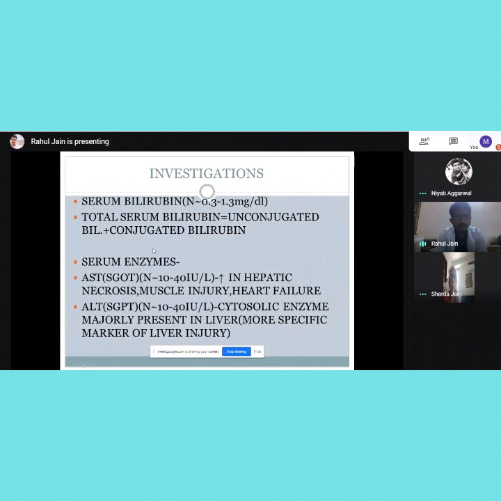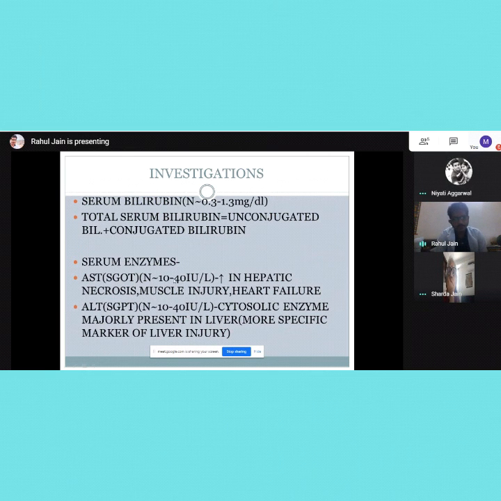So whenever we see a rise in specifically unconjugated bilirubin, it should give us a hint that it is hemolytic jaundice, and whenever we see a rise in both types, that is unconjugated and conjugated, it should give me a hint that it is hepatic jaundice. And whenever I am seeing only a rise in conjugated bilirubin, then I should suspect that it is a type of post-hepatic jaundice. So serum bilirubin is the first investigation which will help me detect the type of jaundice, that is pre-hepatic, hepatic or post-hepatic. So only unconjugated in pre-hepatic, both in hepatic, and only conjugated in post-hepatic.